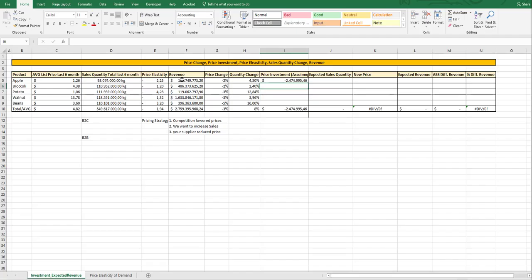So 2%, because we assume that the quantity is the same and revenue is made up of quantity times price. Our price reduced 2%, so this multiplied value will also reduce 2%. So our investment will be $84 million, assuming our quantity doesn't change, but this is not realistic in the real